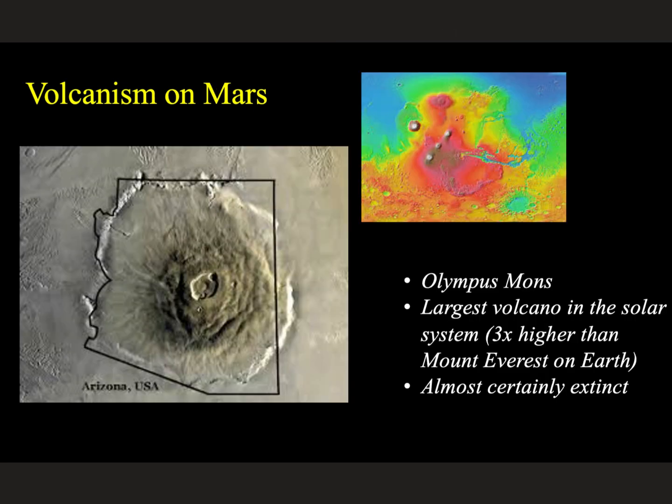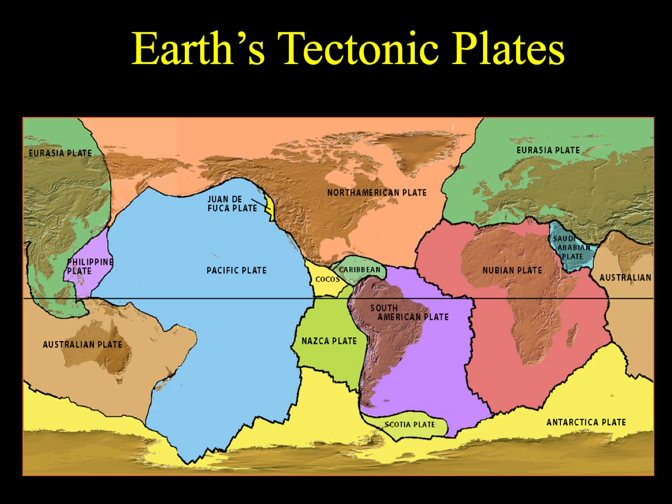Mars was very volcanically active in the past, but we don't see any signs of volcanic activity today. This is a picture of Olympus Mons, or Mount Olympus. This is the largest volcano in the solar system. It is much larger than any volcano on Earth. It's 3 times higher than Earth's largest mountain, Mount Everest, and its base is about the size of the entire state of Arizona. Though Mars and Venus both have at least a volcanic past, and maybe Venus in the present,